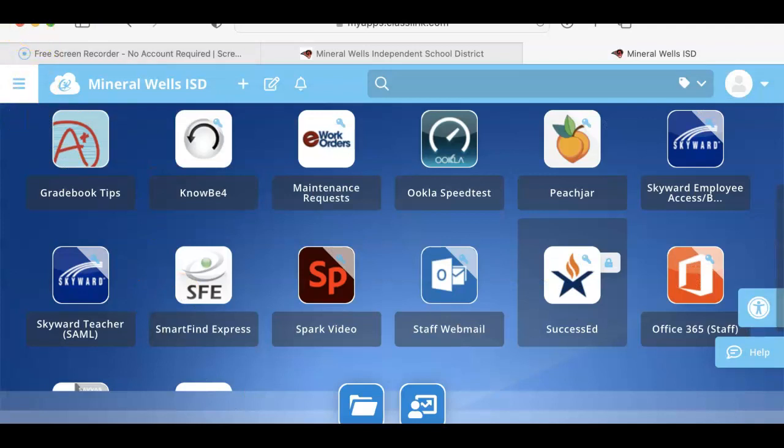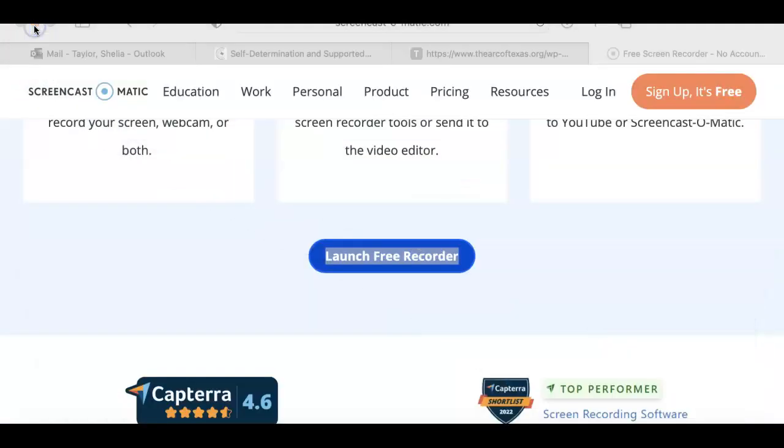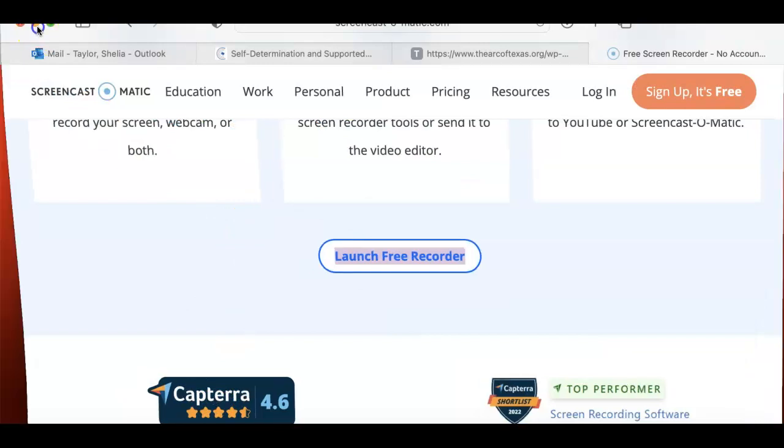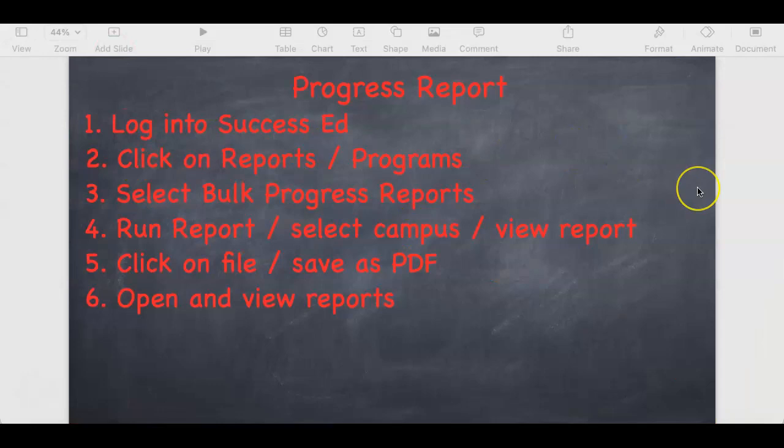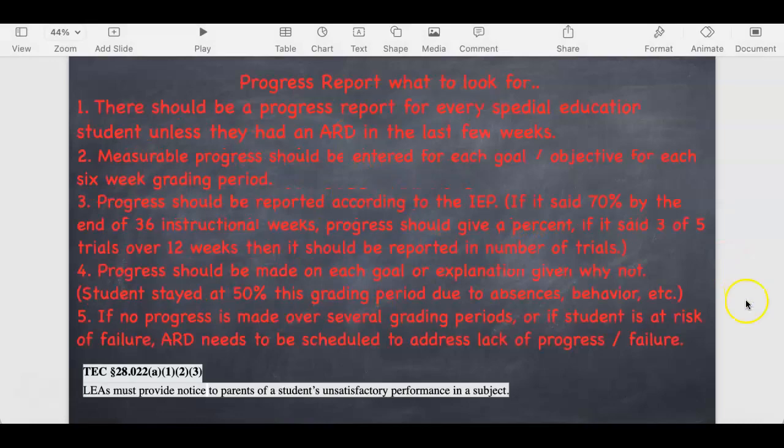So as you're viewing the progress reports, I can get back to the screen. Okay. As you're viewing the progress reports, the things that you're going to be looking for is there should be